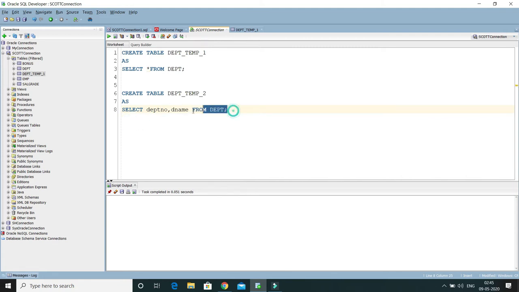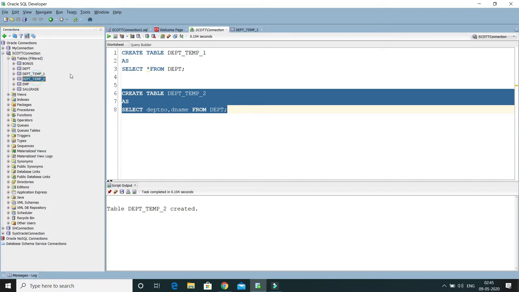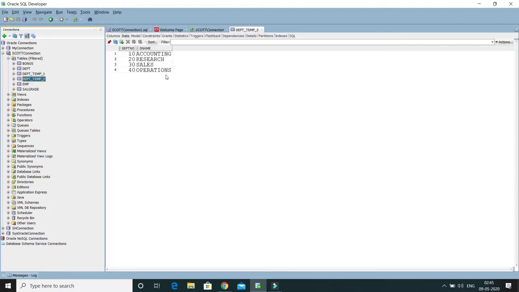Now the DEPT_TEMP_2 table will be created with 2 columns only. If I run this, the table is created. Let's verify. You can see DEPT_TEMP_2 is created with only 2 columns.